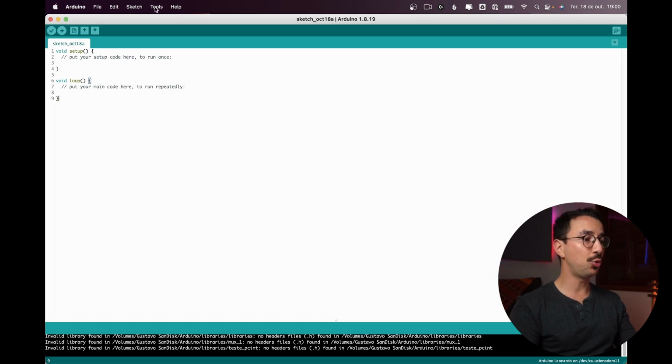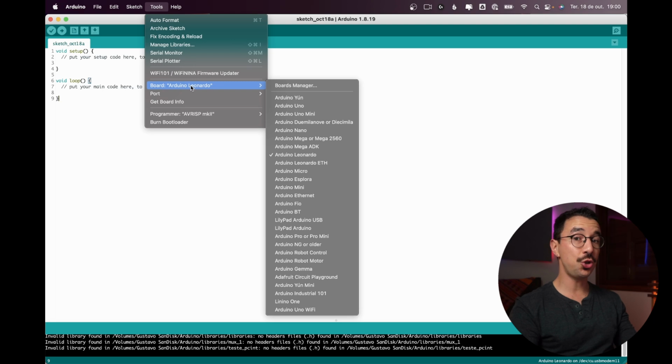And here you can come to tools, and here is where you choose the type of board and the USB port you are using. So come here to board, and you can see that we don't have Arduino Pro Micro because this board is manufactured by SparkFun. And you need to download the SparkFun boards.